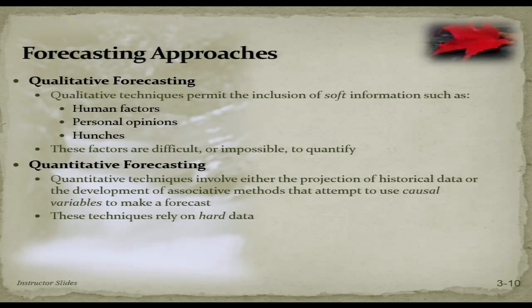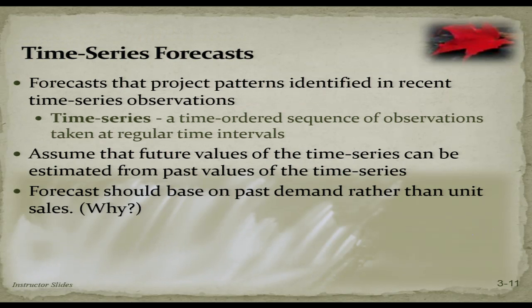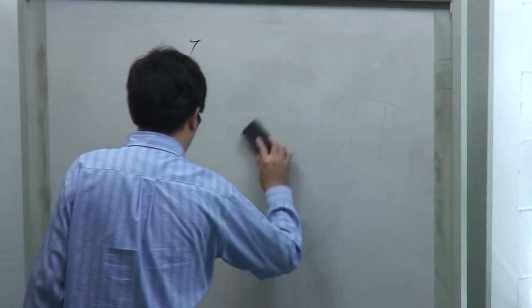Okay. Quantitative forecasting is the thing we measure and introduce in this class. It relies on hard data, usually historical data, and we'll develop an associative method which will be used for the future forecast. The first category of the quantitative models we introduce is called time series forecast. So a time series, by definition, is a time-ordered sequence of observations taken at regular time intervals, which is easy to understand if you have